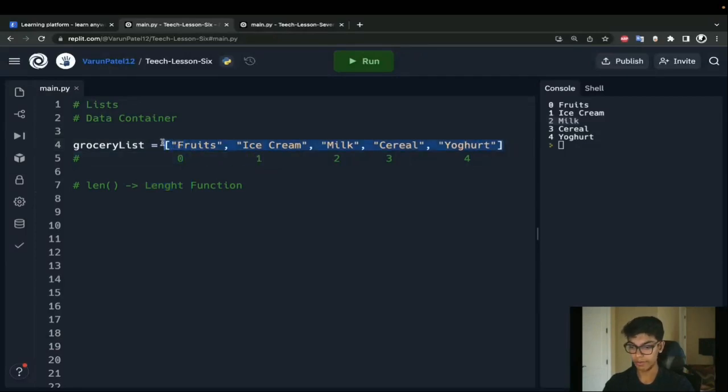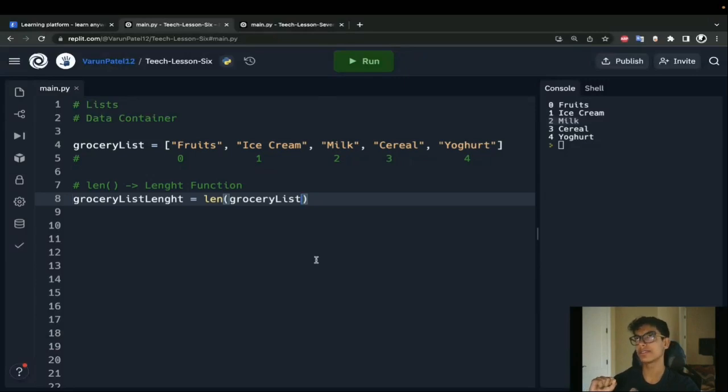Well, that's pretty helpful here with our grocery list. So let's create a variable. We'll call it grocery list length. We're going to set that equal to the len of grocery list. So again, what am I doing here? Well, if you touch back to, I think it was lesson 5 or 4, one of those two, we talked about functions, right?